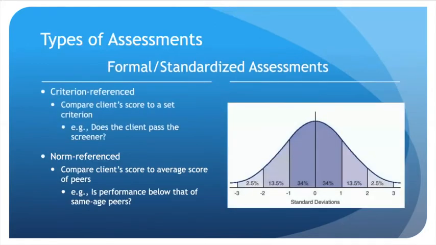Okay, so let's talk a little bit about formal or standardized assessments. These are tests that are criterion referenced, so they're comparing a client's score to some type of criterion. Does the client pass this particular criterion, this particular level of function? One example might be the SLUMS, which is a cognitive assessment. If the patient gets a score of 27 out of 30 or higher, they are presumed to be within functional limits. That's criterion referenced, versus norm referenced, where we compare a client's score to an average score